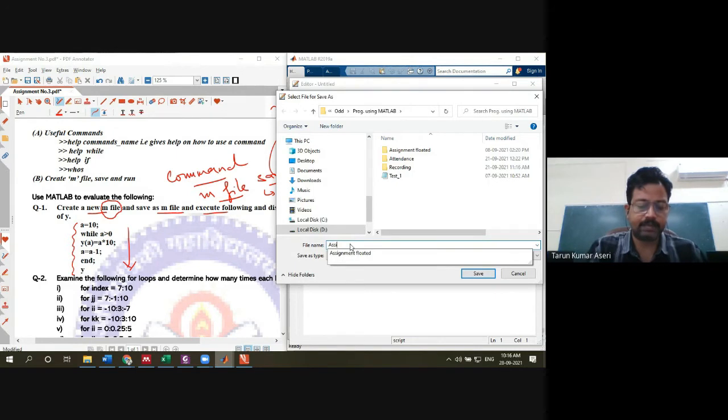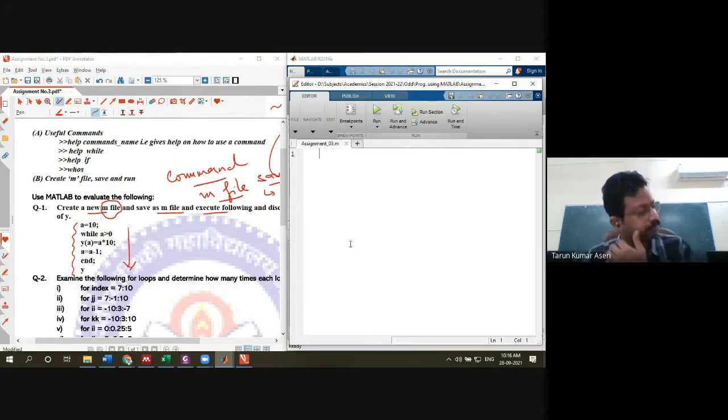For example, I am saving it as assignment 3. Please check that you cannot save it with a name that is any particular syntax in MATLAB, like sin, cos, plus, minus. Those are not allowed as file names.